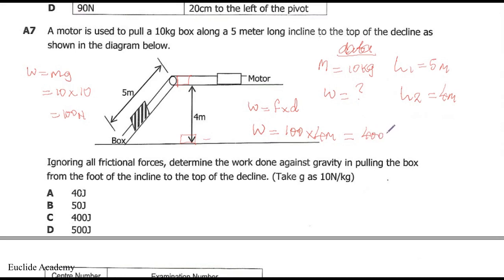400. Now work is measured in joules, so that is 400 joules. So you come here and we see the answer should be C, 400 joules. So that should be our answer. Let's go to